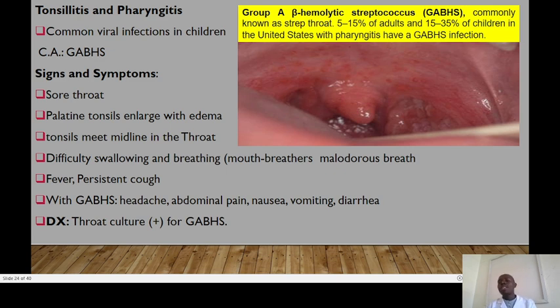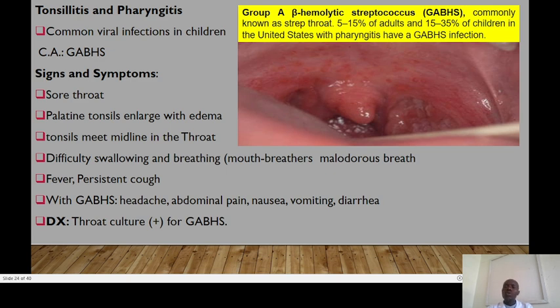Alright? The patient will present with sore throat, palatine tonsils will enlarge with edema, and the tonsils will be meeting in the midline in the throat, and you have difficult breathing and swallowing. Also, the patient has fever, persistent cough. So with this group A beta hemolytic streptococcus patient, you are going to have headache, abdominal pain, nausea, vomiting, and